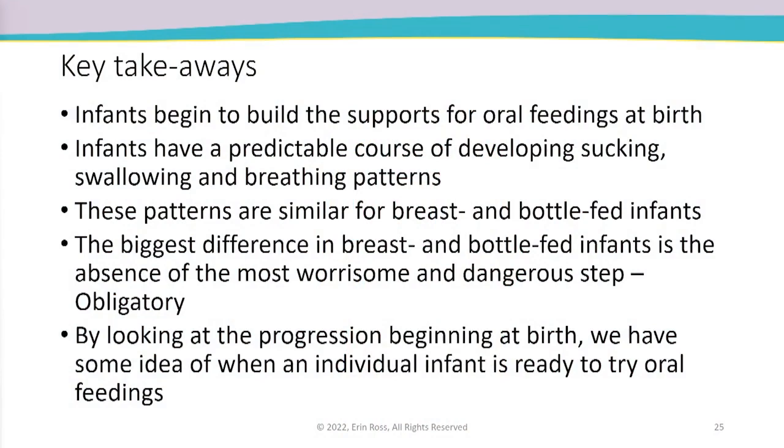So these are some of the key takeaways for this talk. Infants begin to build supports for oral feeding at birth, and those supports are those internal regulatory abilities. We also know that infants have a predictable course that is developing sucking, swallowing, and breathing patterns. And those patterns actually are similar for breast and bottle-fed infants, although babies show less distress at breastfeeding. And the biggest difference is they don't have the most worrisome and dangerous step, which is obligatory when they're at